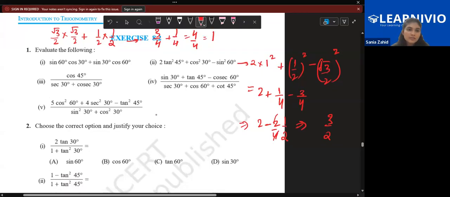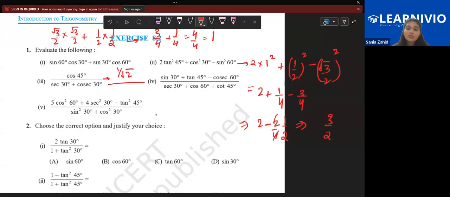Next is cos 45 by sec 30 plus cosec 30. So again, you just put the values. So cos 45 is how much? Cos 45 is 1 by root 2. Very good. So you learn it in an order: 0, 1 upon 2, 1 upon root 2, root 3 upon 2, and 1. Like this you learn. Then you will have it in mind. So this is 1 by root 2 divided by